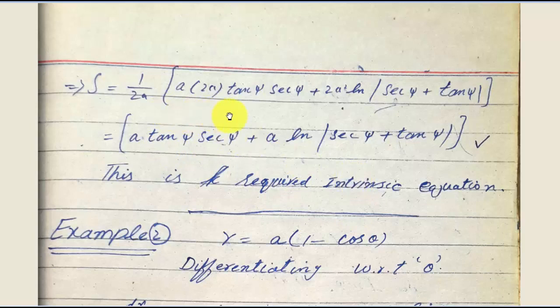At the start, I told you that the relationship between arc length and angle psi is called the intrinsic equation. So arc length is here and psi is used in this question instead of theta. So the relation between arc length and angle psi is the intrinsic equation, which is the required intrinsic equation. I hope you people got the idea. In the next lecture